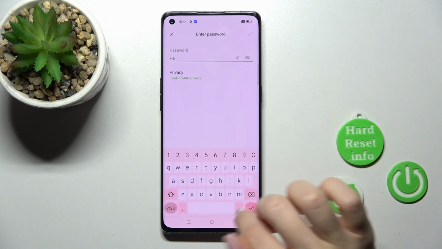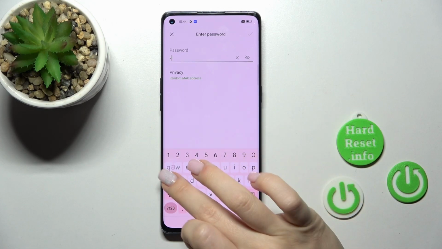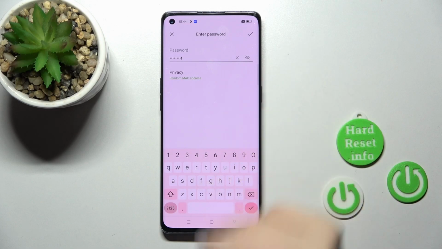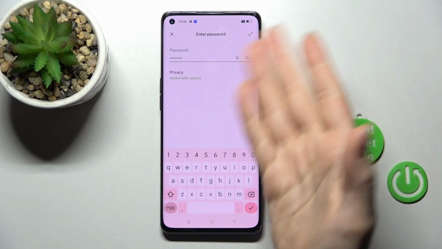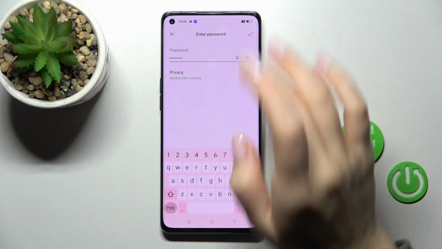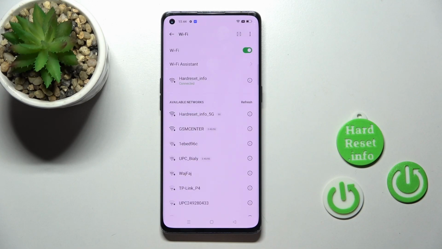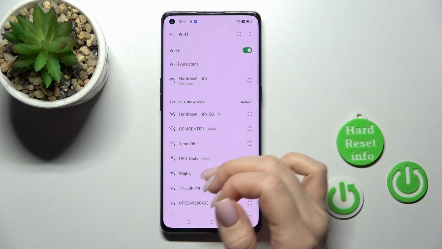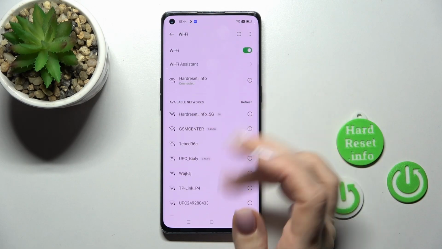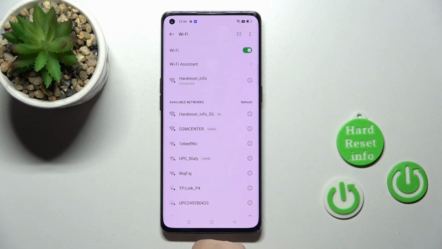Now let's enter the password for this network. Just click OK in the upper right corner, and now we can see that our device successfully connected to this network. In the same way, we can select more networks here, enter the passwords and connect to them, and